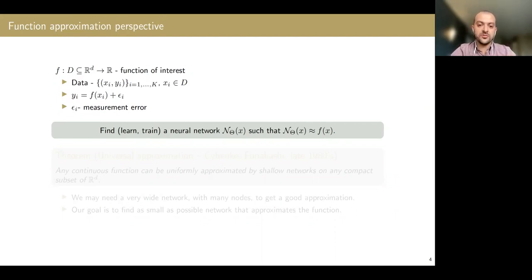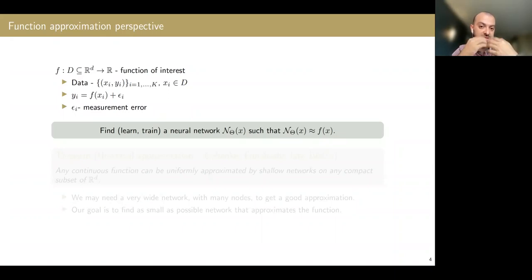And then the goal is to train the network so that it approximates the function, right? So that's our goal. We want to find this function so that when we get a new input x, we can estimate the value of f(x) using the network. So our goal becomes: we have our data, and we're trying to approximate a target function using this data.